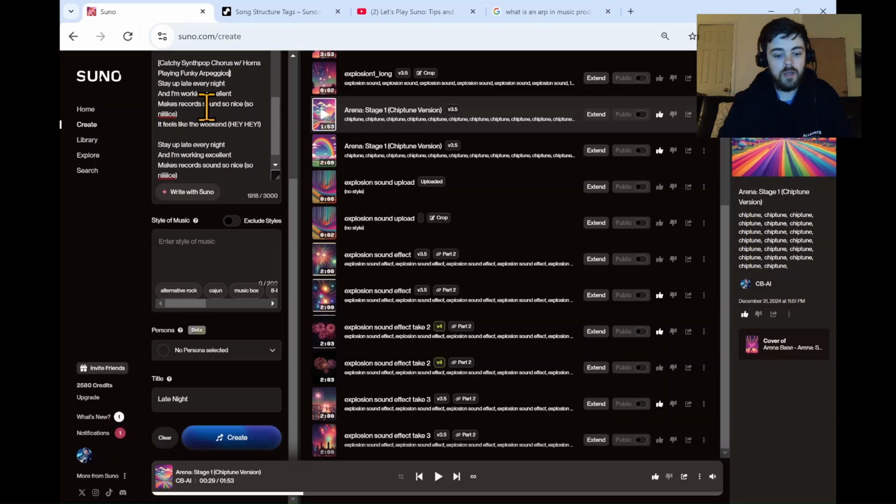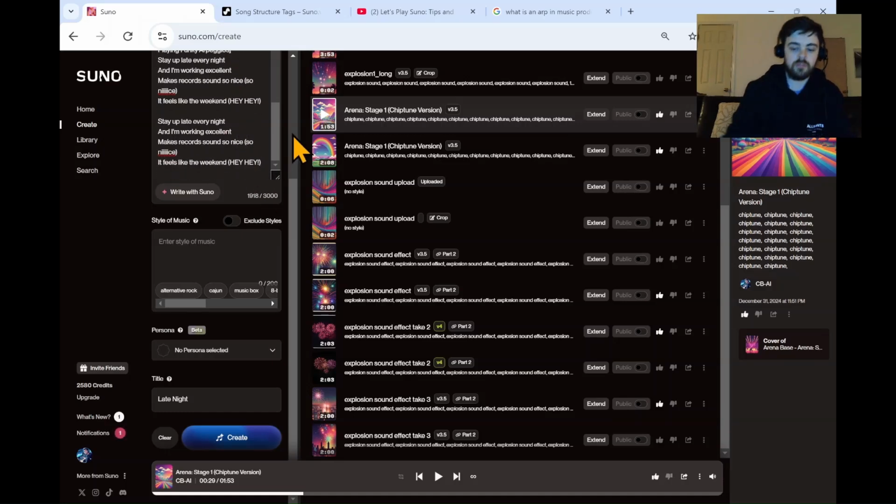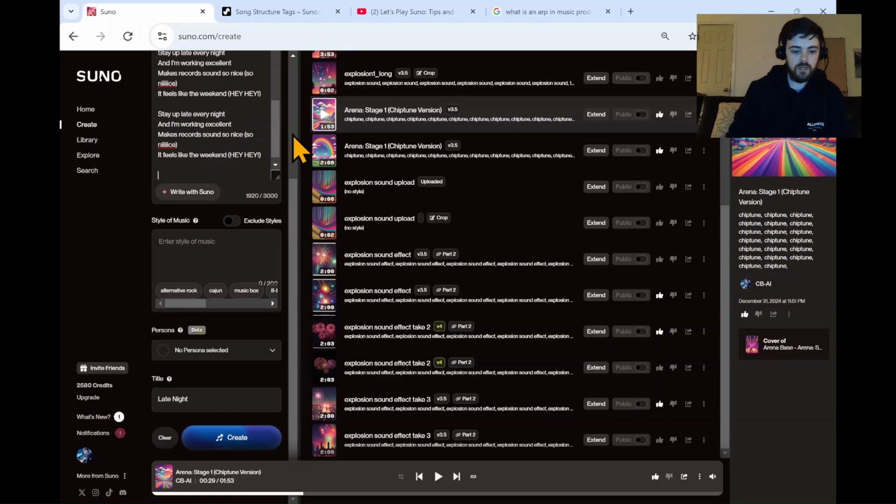By adding in these horns and playing funky arpeggios, I'm adding that final extra layer to make the song really stand out and make it a fun way to end the track versus just repeating the exact same thing I had before. It's giving variety for the listener, and by putting it at the end, you save the best for last. It's encouraging people to stay to the end of the song, if that makes sense.